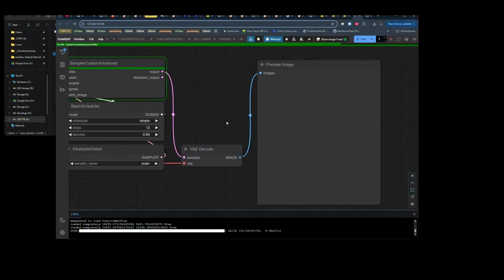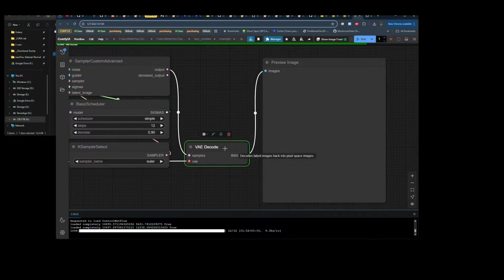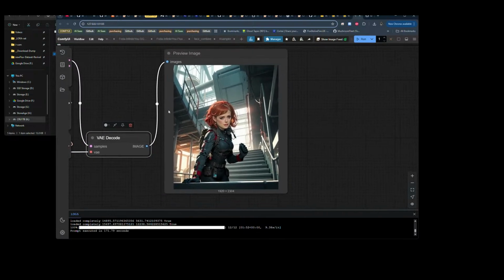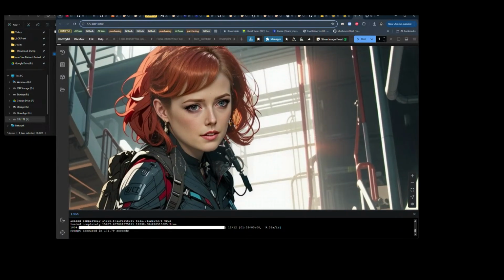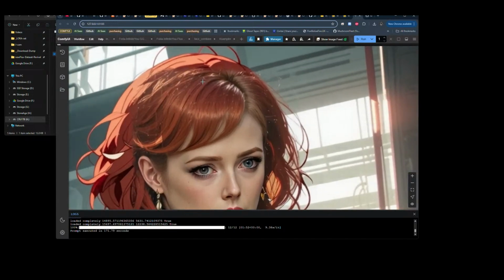Right. How are we doing? Any minute now, that VAE decode is going to jump into life. Do you know what? There is a way that we can solve this, actually. I'm being a little facetious, but I didn't want to make it too complicated, okay? Like I say, I keep trying to bust off in different directions. So that's actually a really good blend for going from anime to photo. I don't like